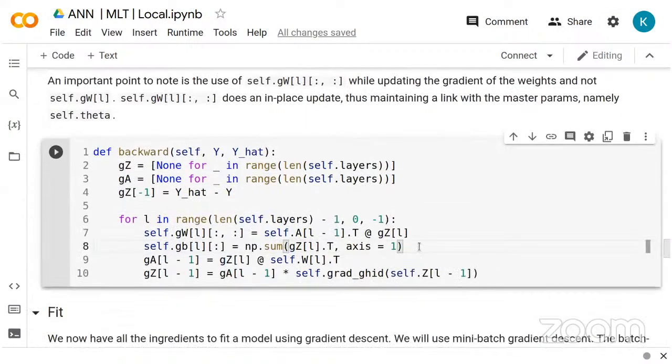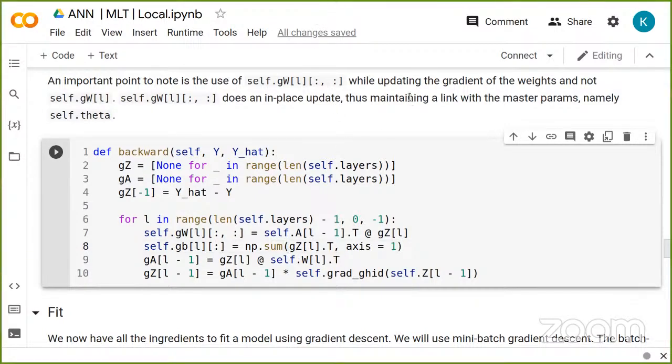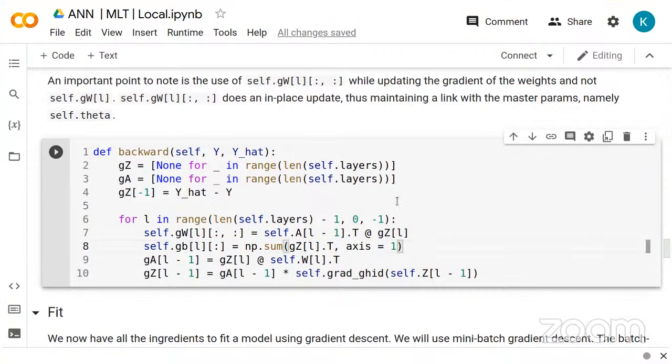So do you see what is happening here? So could you repeat this part? Sorry, which part? This gradient of B. Yeah, see, GB. What's happening is that,